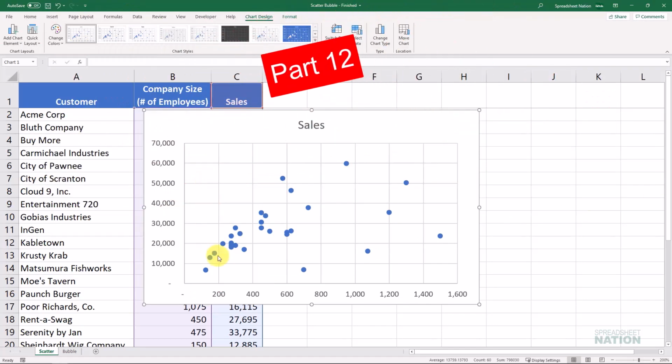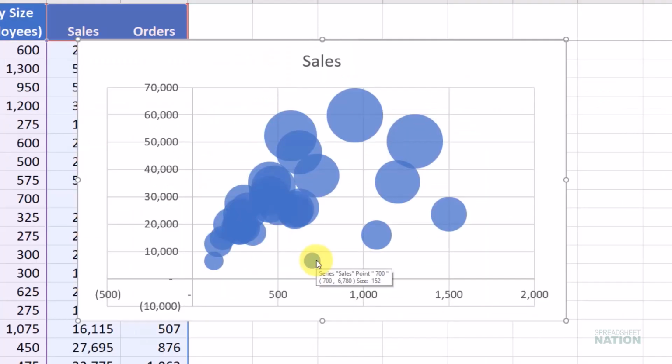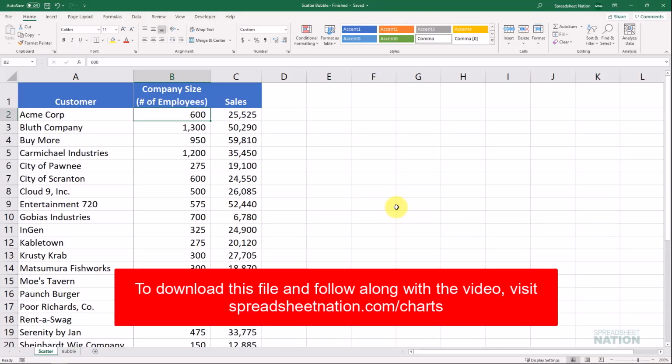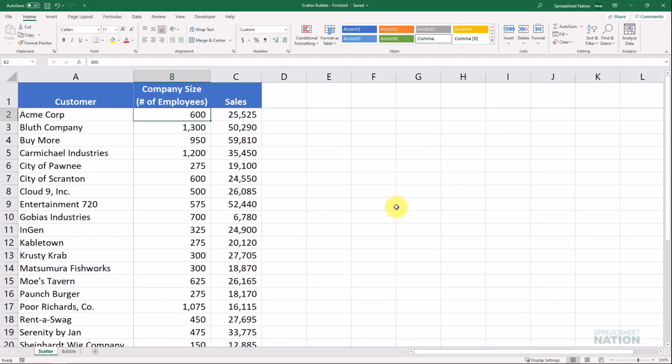Here's what you need to know about scatter and bubble charts. It's the last video in my 12-part series on charts. Sometimes you want to look at the relationship between sets of values, sets of numbers, so a scatter chart is